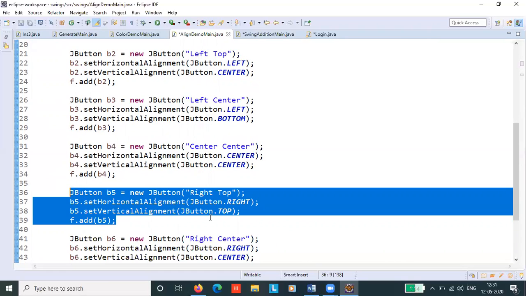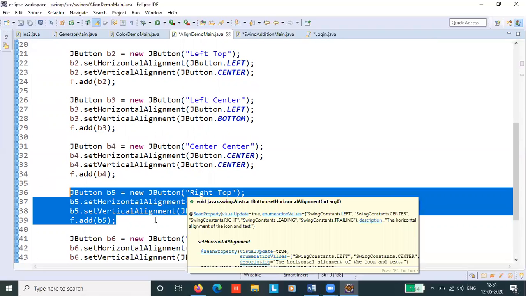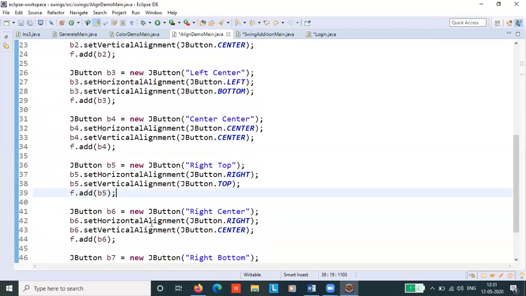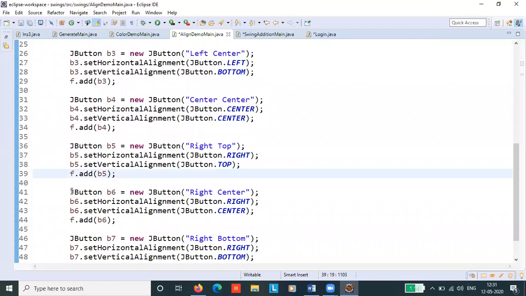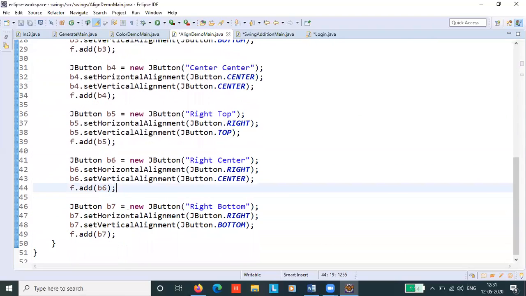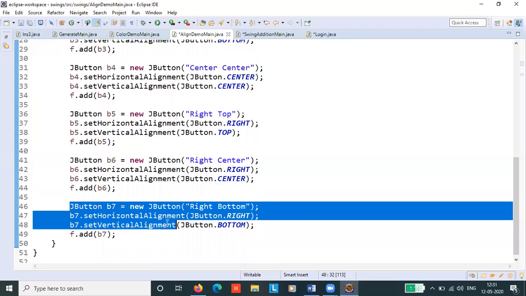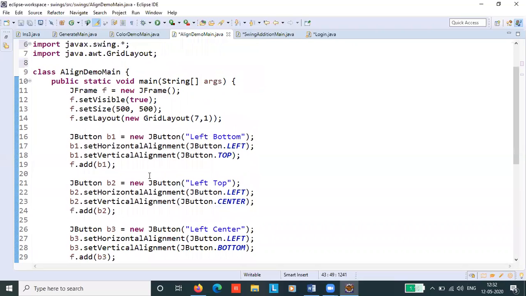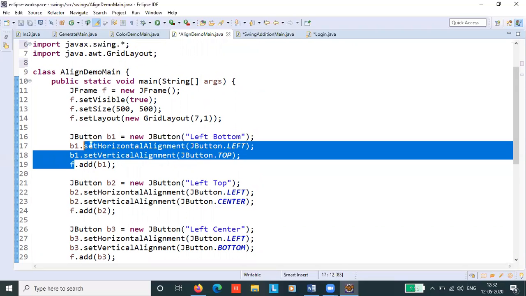So button 5, we are trying to demonstrate right and top alignments for the horizontal and the vertical alignment. Button 6, right and center. Button 7, right and bottom. So what are the two methods? The two methods are setHorizontalAlignment and setVerticalAlignment.